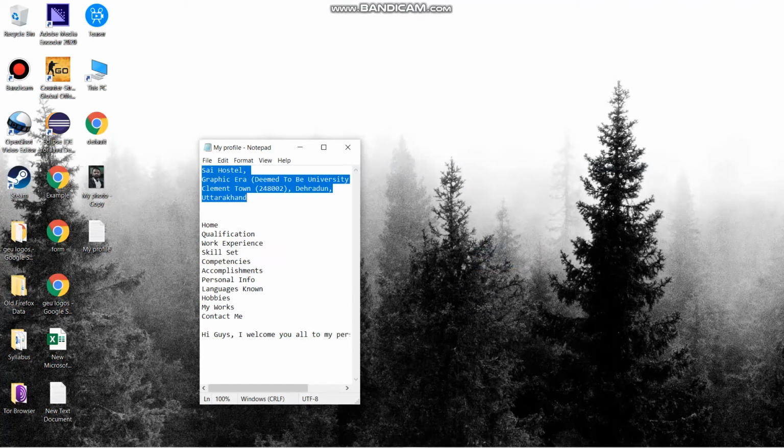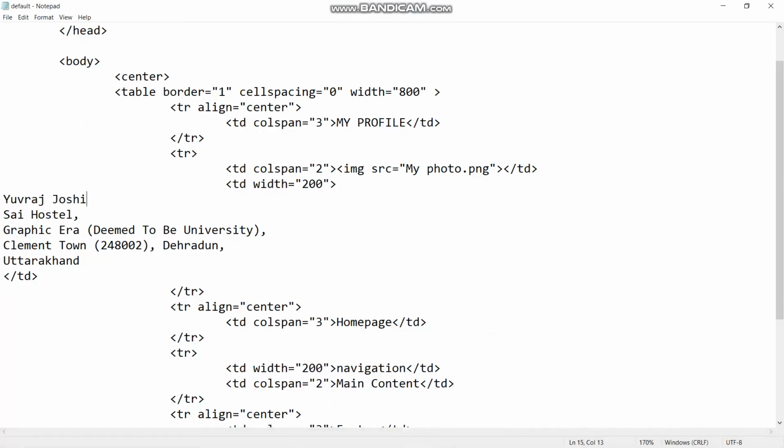So what I will do, I will just style it. I will use break tag after Yuvraj Joshi, after Sai Hostel, br slash, after Graphic Era Deemed to be University. I just copy and paste it. There you go, Clement Town and then Dehradun. All should be apart. Save, go to browser, refresh.